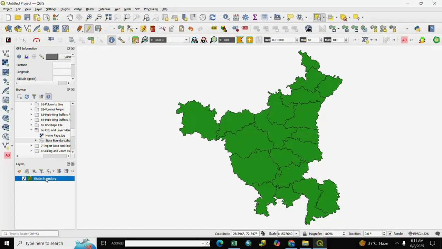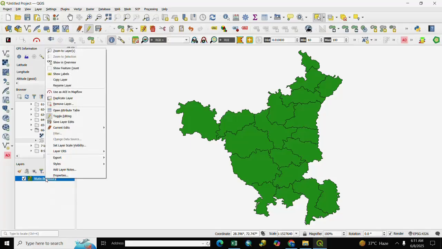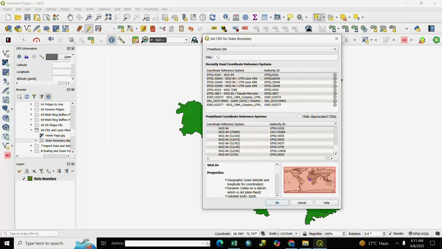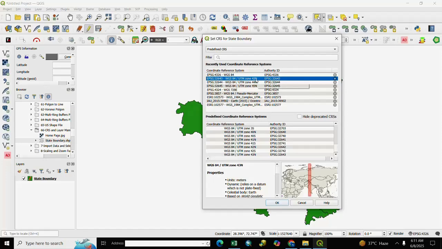for changing it, you right click and go to Layer CRS, and you select as per your requirement. Otherwise you go to Set Layer CRS, and if you want to change it to a UTM zone, you select here UTM.